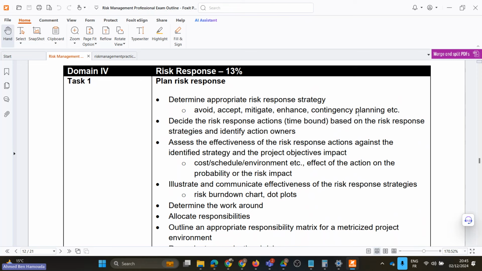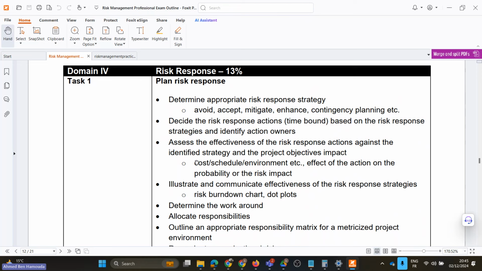Depending on your contingency plan, of course. So, how limited are you in time, or how in a hurry are you in order to implement the risk response? And here, when we study the risk types next week, we will see the urgency of the risks. Okay. And also for the risk response, you need, as a project manager or a risk manager, to assess the effectiveness of the risk response